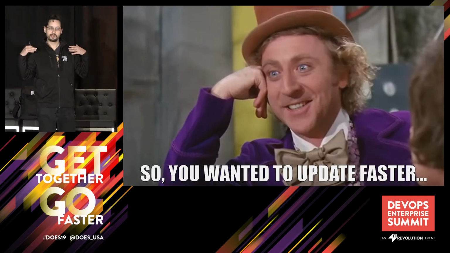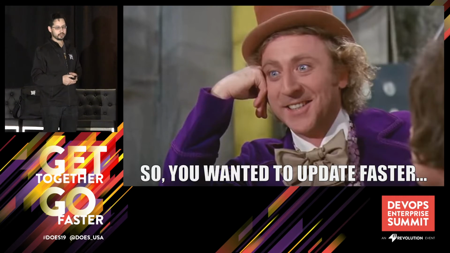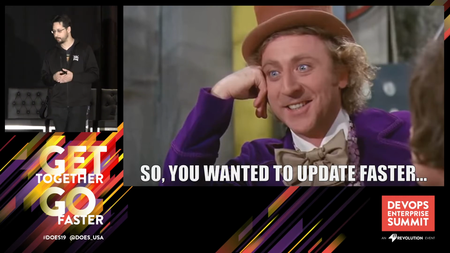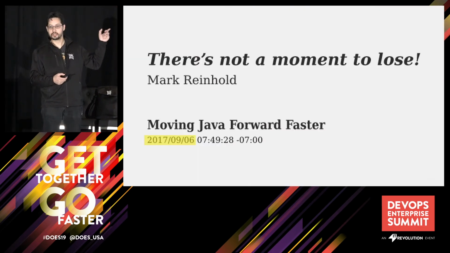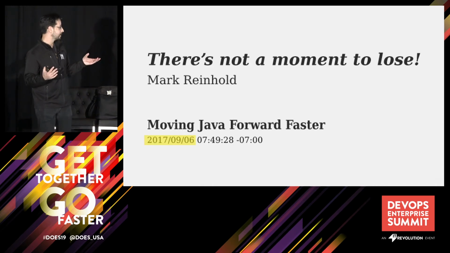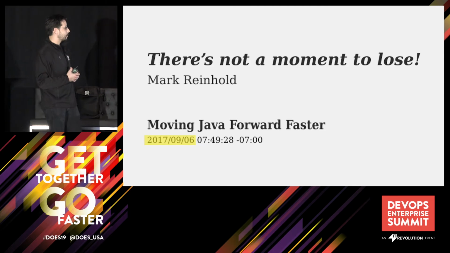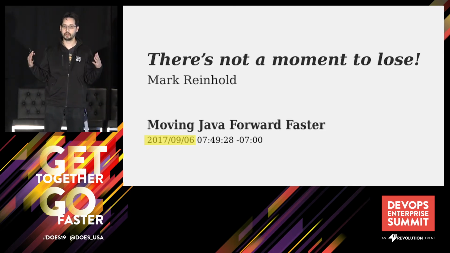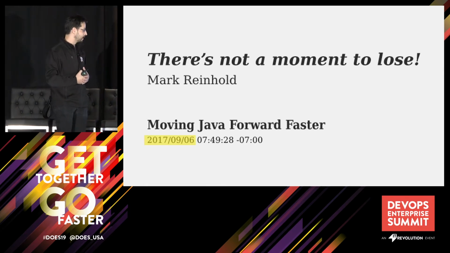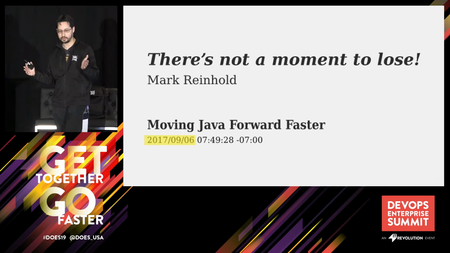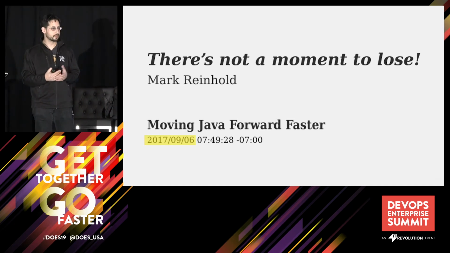So now, hopefully I've convinced you guys you want to update your software faster. And as you guys know, I'm a Java hacker. And the Java guys actually recently changed their release model, right? So Mark Reinhold announced back in 2017 that they were going to move to a release model where Java, rather than being shipped every 5 years or more practically every 7 or 8 years, they were going to release it every 6 months. So this is great stuff, right?